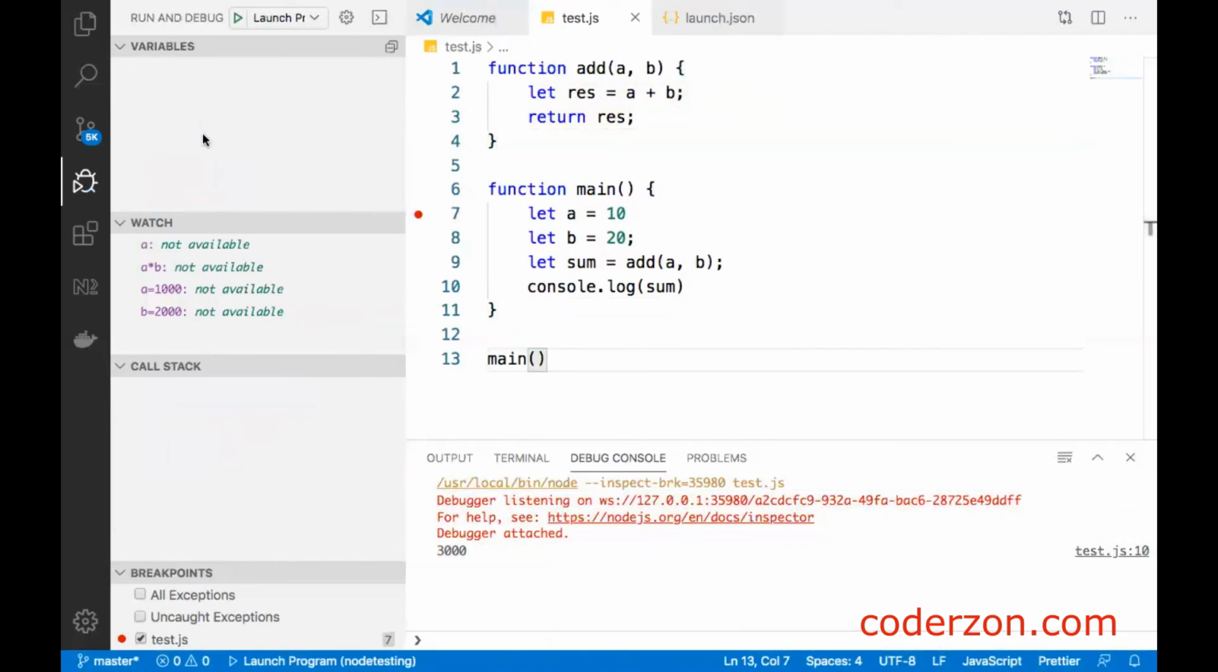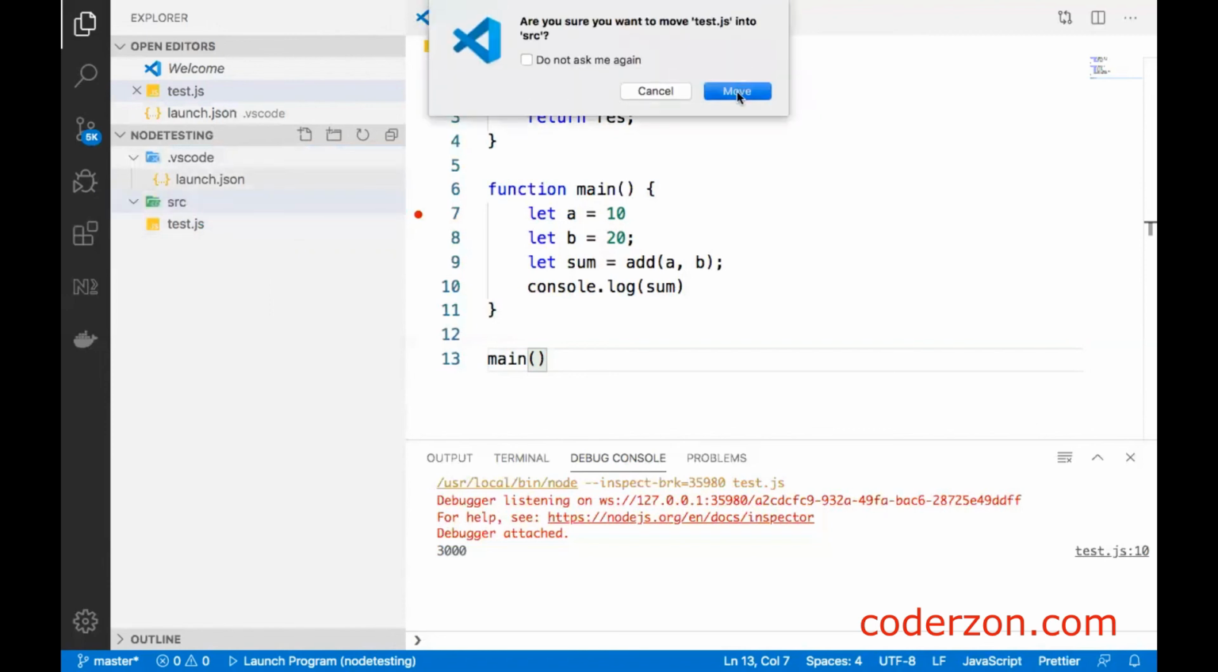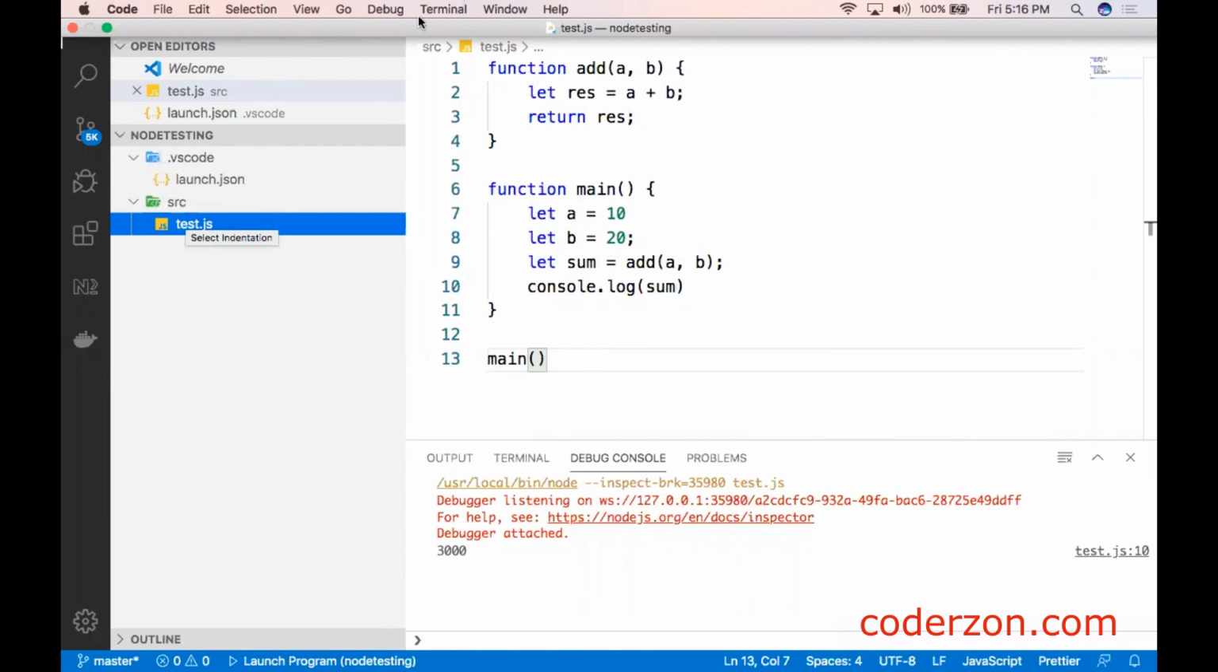I'm going to demo one more thing. Our program is inside this particular directory, that means not the testing directory itself. Now I want to create a source folder, src, and I am moving our file to that particular directory. I am dragging and putting the file inside that. Move. Now if I run this debug again,